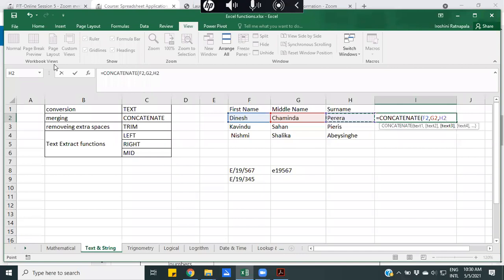Can I get the full name in the I2 cell? You can just unmute and say, or you can put your opinion in the chat pane. Do you think I can get the correct full name in this cell?